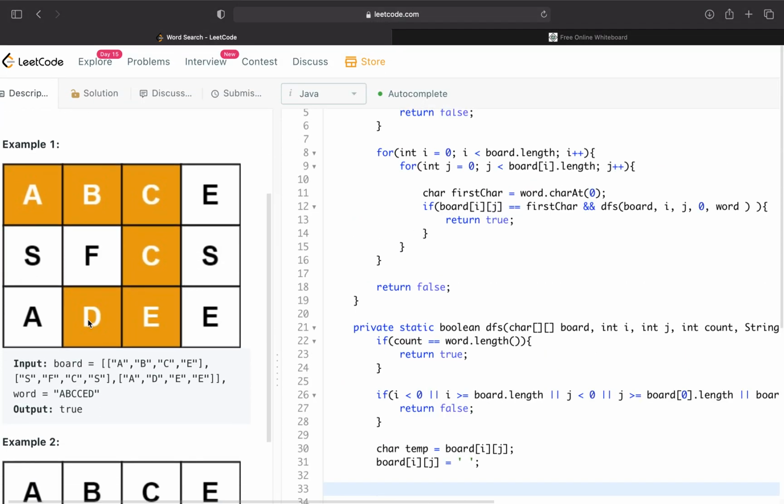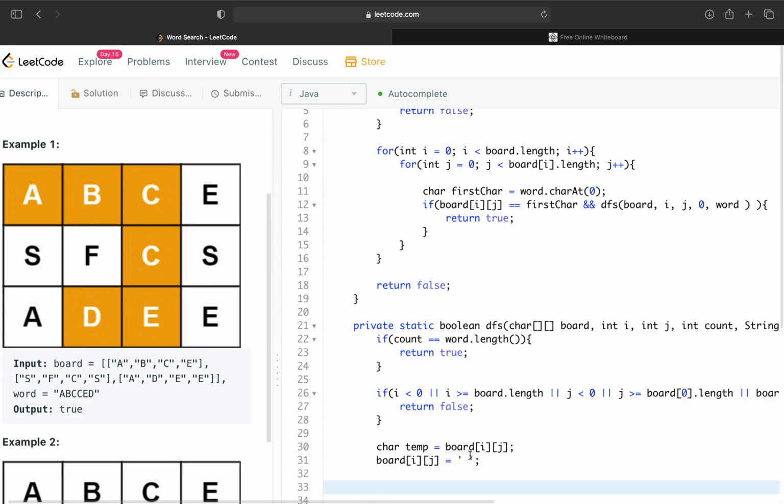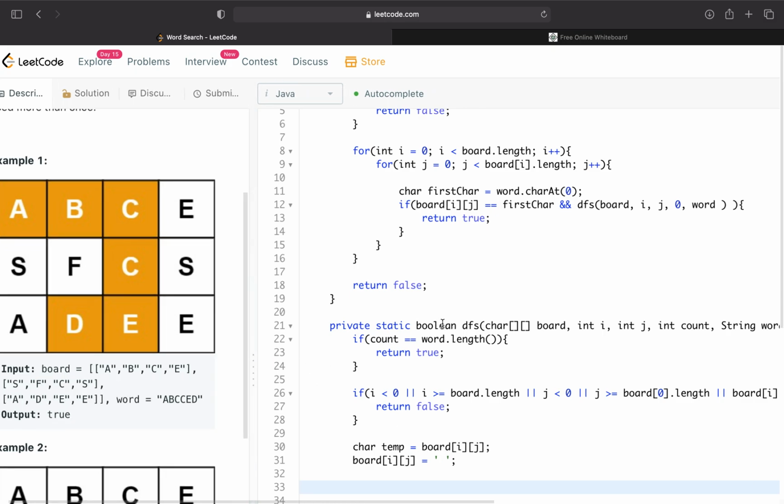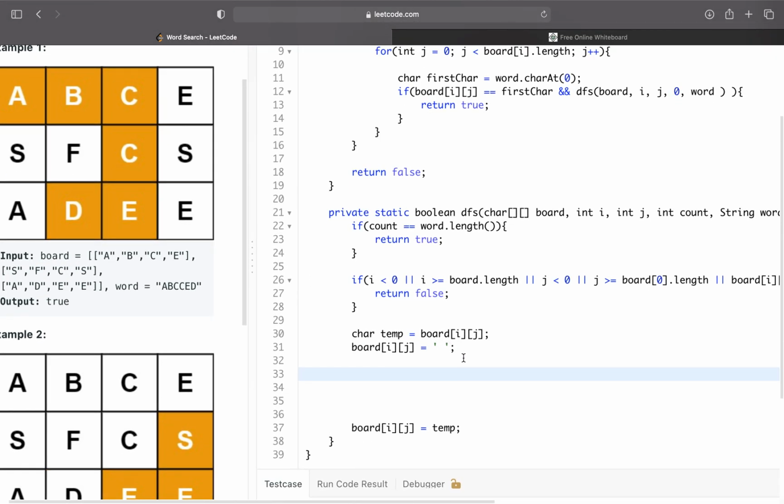So we can go to the left, right, down, or up, but we just need to find the remaining part of our word. So our depth first search needs to be passed in four possible directions to go to. So we'll need a boolean to return whether or not we have found the remaining word. So we'll say boolean isFound